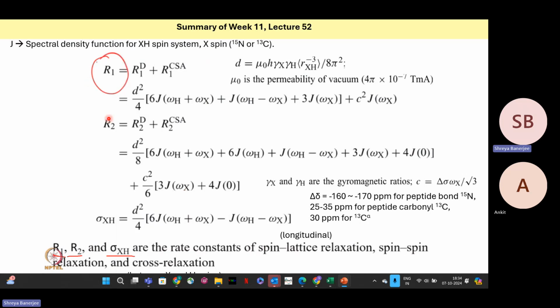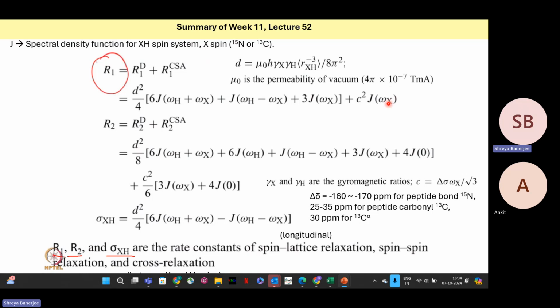So basically, these are experimentally observed quantities. And if you know these quantities, you can predict the spectral density functions. So you don't need to remember these formulas. All you need to remember is that, say R1, it is dependent on the spectral density function J at different